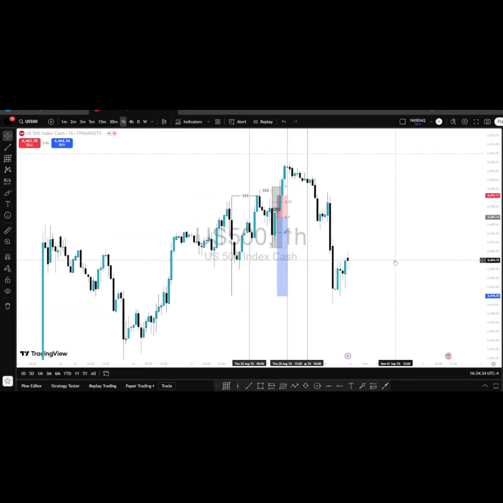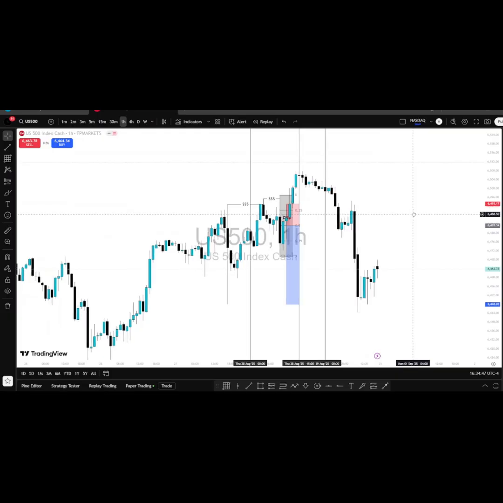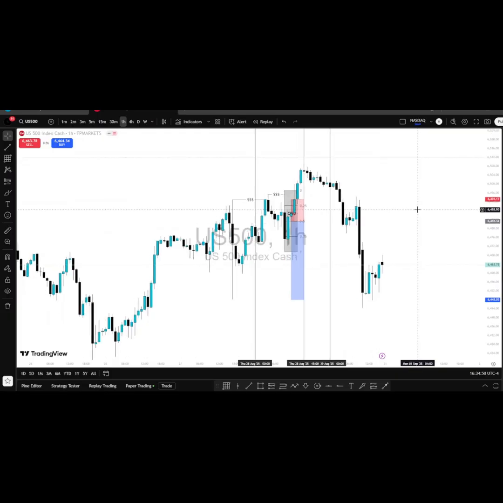And looking back, what are the mistakes that I think I did? So as I look back, I think one of the major mistakes that I did was I did not wait for a higher time frame change in state of delivery before I went to look for an entry, because I should have confirmed that. If the reversal was said to occur on Thursday, I should have waited for a change in state of delivery on this 1 hour chart, which we never got. Notice that.